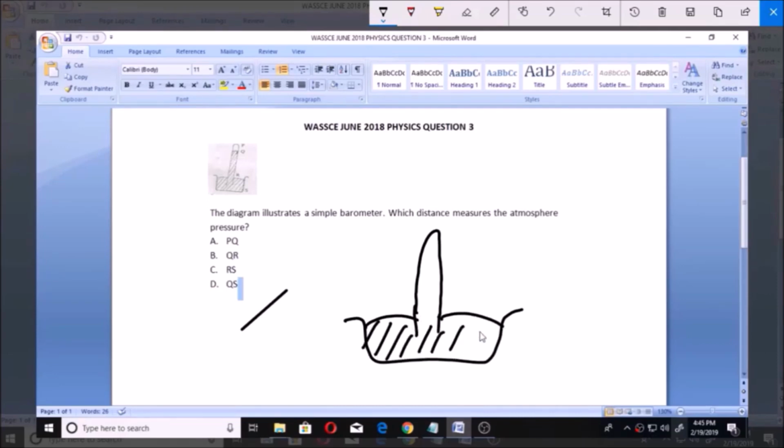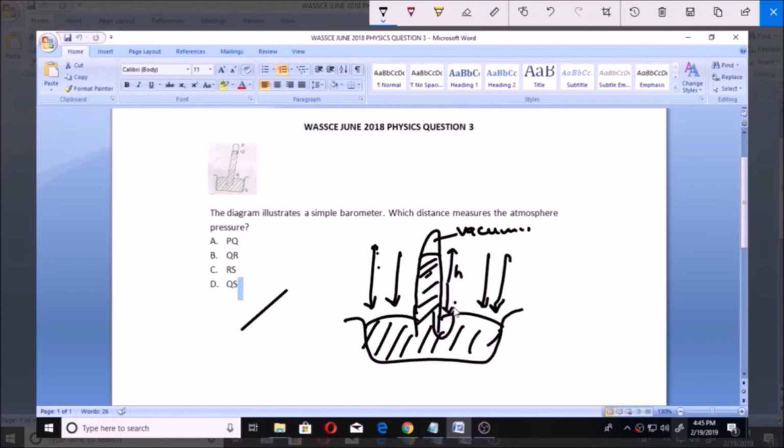This is the mercury, and it's inside this tube up to a limit. So you have the atmospheric pressure acting downward, pushing this mercury. So when it pushes this mercury, it's going to move into this. So here is vacuum, whereas this very height here